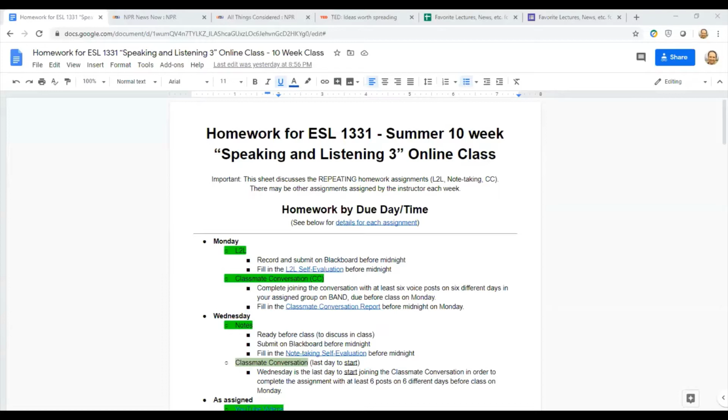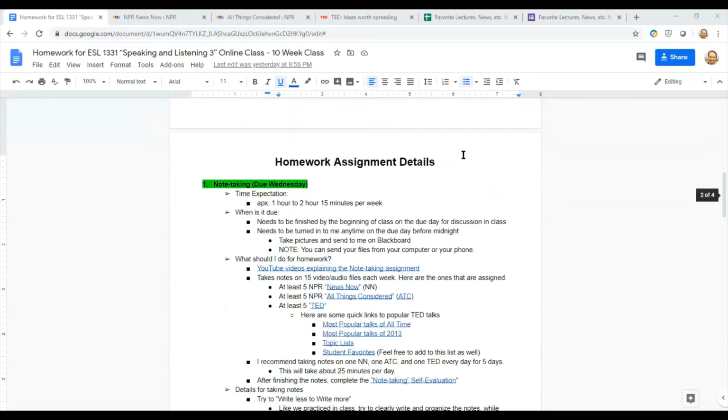them. The source that I am going to use in order to show you how to get there is the homework sheet. But there's different ways to get these. You can even just go directly to the websites, and I will put the website at the bottom of each of these sites as we go, or you can even search for them. You can search for TED Talks, you can search for All Things Considered, you can search for News Now. So there's different ways to get there. This is just one way.